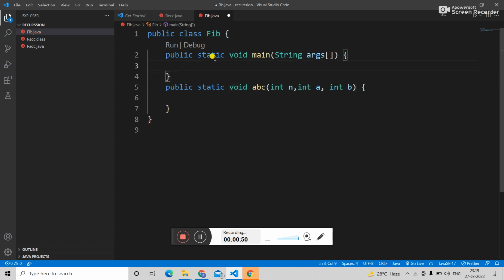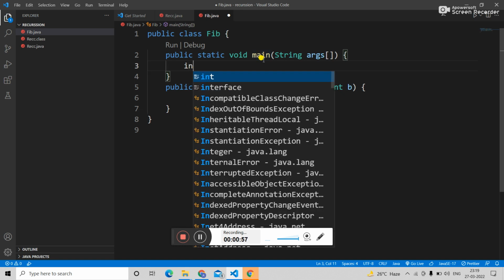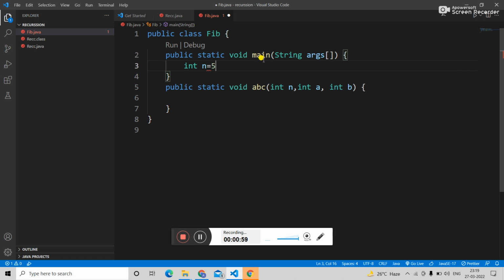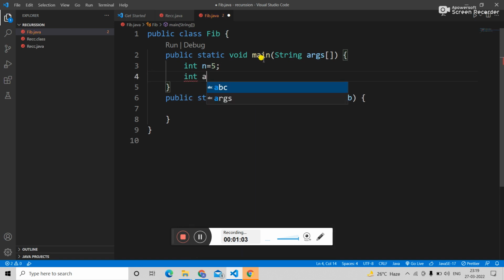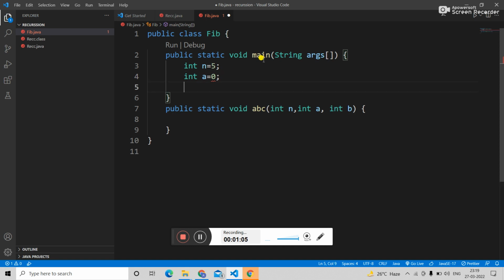So why are we taking this? Firstly we will see it in the code. So firstly we have int n is equal to 5 given. Okay, and int a is equal to 0. We know that the first two of the Fibonacci sequence are 0 and 1, and we have to give